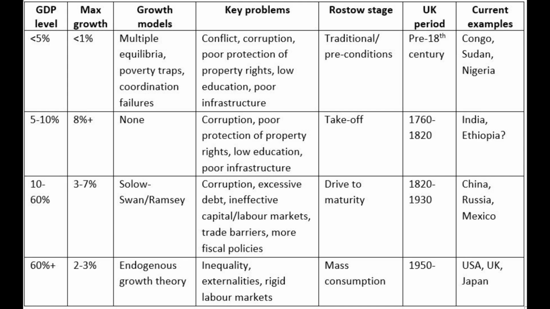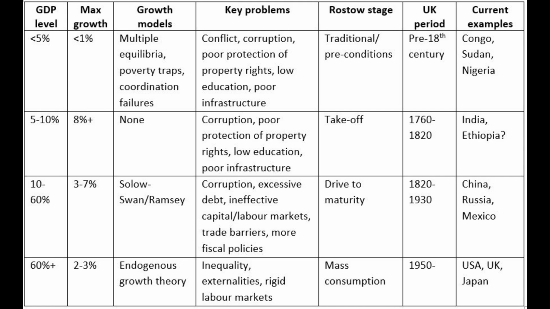And this corresponds to the Rostow stage of the drive to maturity. It's after the takeoff phase, as the country is growing and industrializing and modernizing, when growth gradually slows down, consistent with the Solow model. So corruption continues to be a problem in such countries, but new problems begin to take the fore. Generally, education levels and infrastructure improve and become less of a constraint on development, but ineffective and inefficient capital and labor markets, as well as trade barriers, become more of a concern, as well as in some countries excessive levels of debt. And this has been observed in countries such as those in Latin America in the 1980s that I've discussed before.